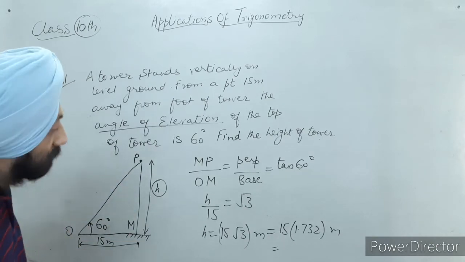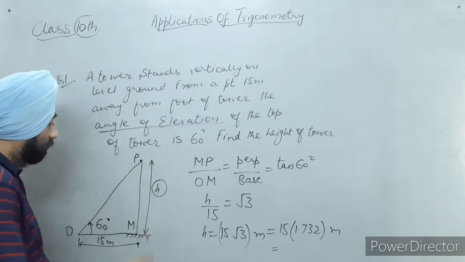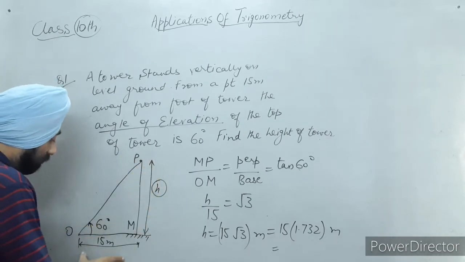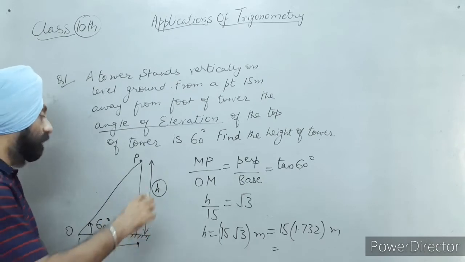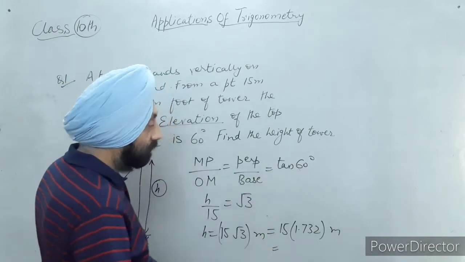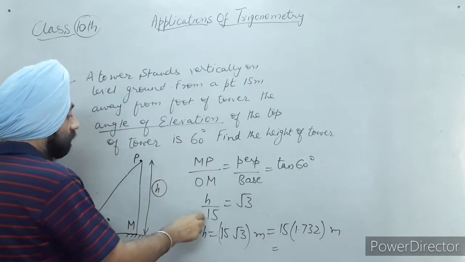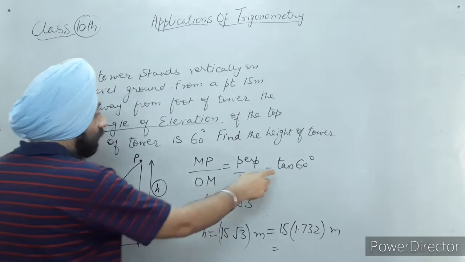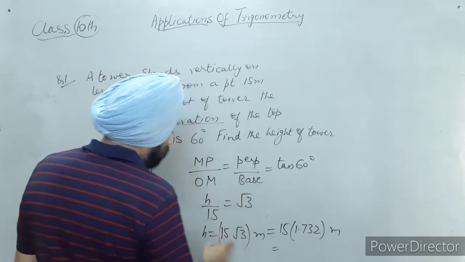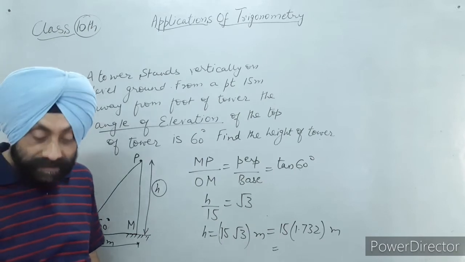What I have used: I have to draw the figure, half the question is solved. I have height and the base. The relation between height upon base is tan of 60, a trigonometric ratio. This was h. This is 15 given. Tan 60 is under root 3. I get the height of the tower, that is 15 times under root 3 meters.